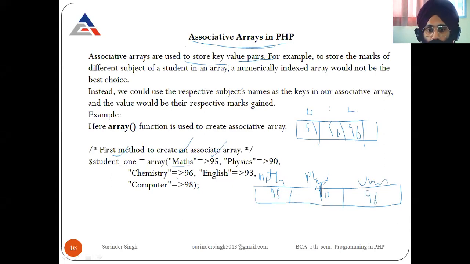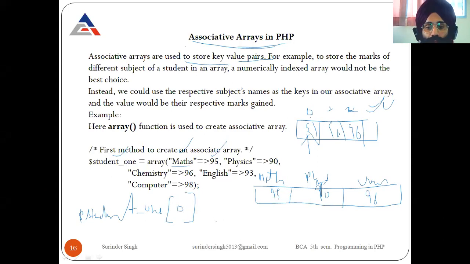Okay, clear? In the case of an indexed array, this is the 0 index, 1 index and 2. If you want to write the first element, then how can you write an element of the array? First you have to write the array name, student1, and in square brackets you have to write the index value.